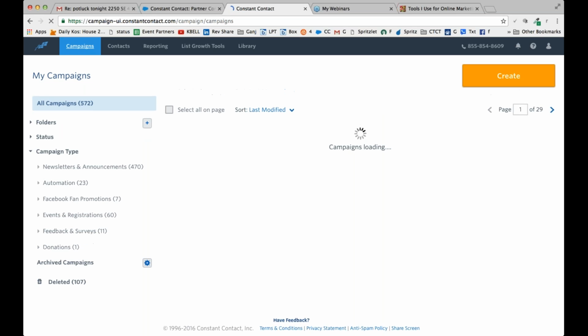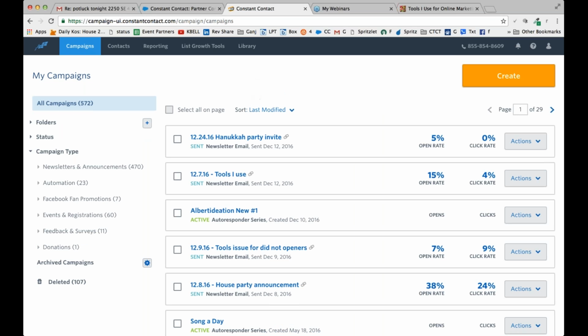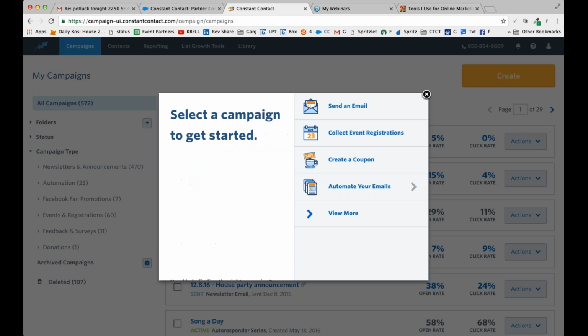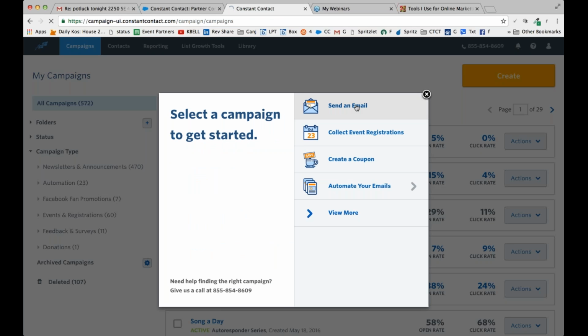Once you have your email list signed up, uploaded, which is something that I believe either I can help you with or Constant Contact can help you with. That's often a hurdle for people, to figure out where their emails live and how to get them into an email service provider. But once you've done that, then you just click on Create, click on Send an Email,